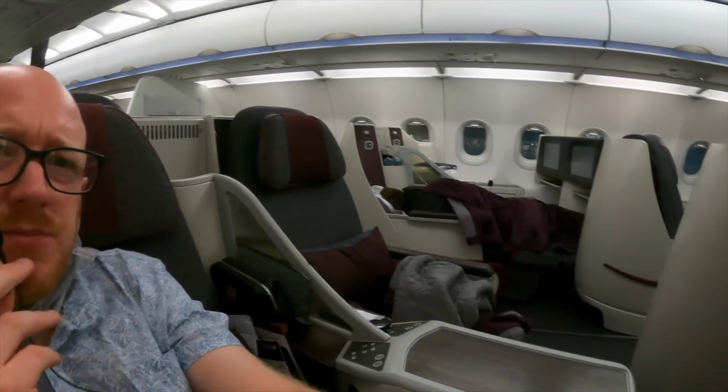So I figured it'd be a good time to show you around the seat here on the Qatar Airways A320 while we're sitting on the ground here in Kilimanjaro. And it's pretty decent. It's in a 2-2 configuration. 2 seats either side of the cabin, but it's very similar to Saudi's A320, which is also really good. A full lie flat seat,